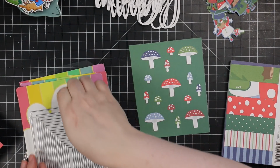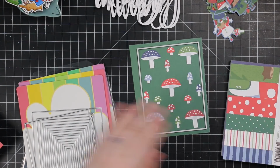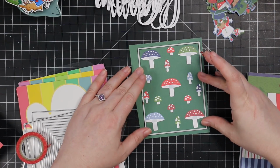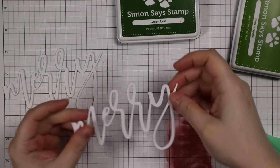And then there's papers with all these mushrooms on them. There's papers with little scenes, all that. I use a lot of them. I kind of went nuts and started just making card after card after card. It was fun. So I used my Waffle Flower A2 layers wafer dies to die cut some of the pattern